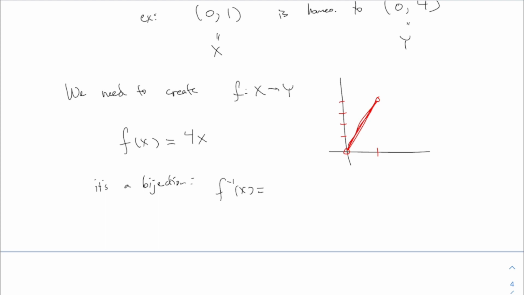Can someone say, what's the inverse? Somebody shout it out. F is you multiply by 4. How do you think about undoing that? Yeah, you divide by 4. So this would be x divided by 4 or 1/4 x, however you like. And both of those are continuous, right? Because they're both polynomials. They are both continuous. All right, so in topology, the moral of the story, any two open intervals are topologically equivalent to one another,